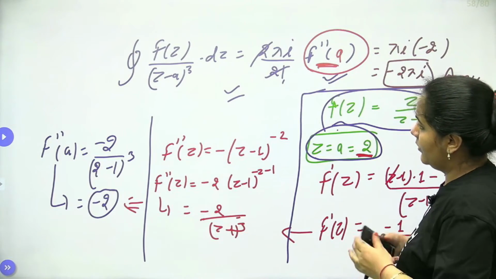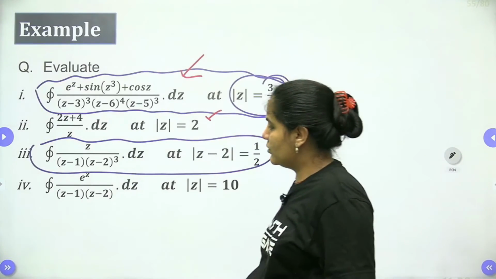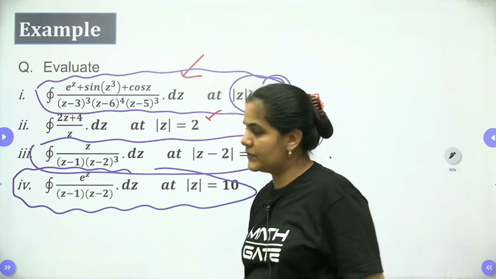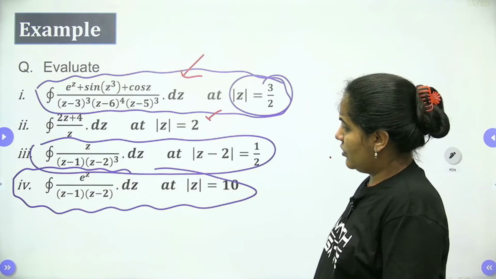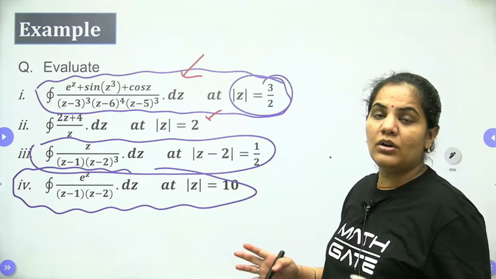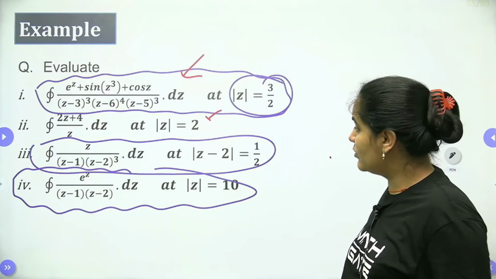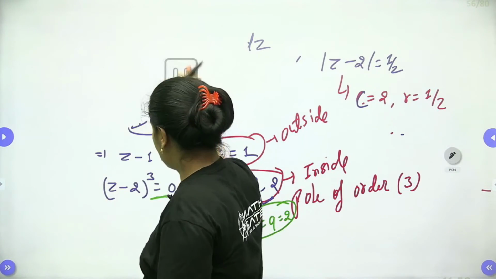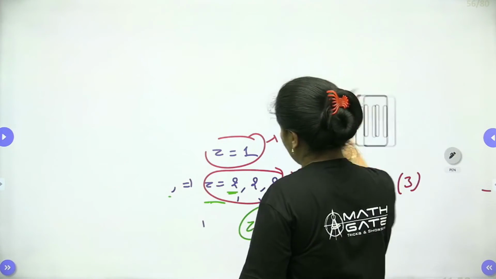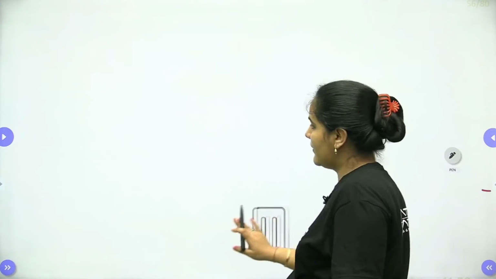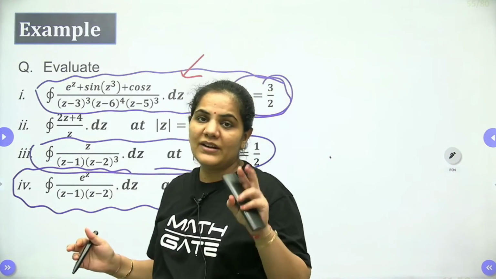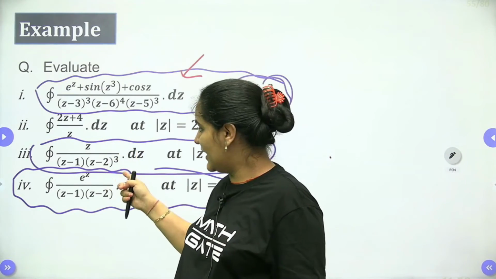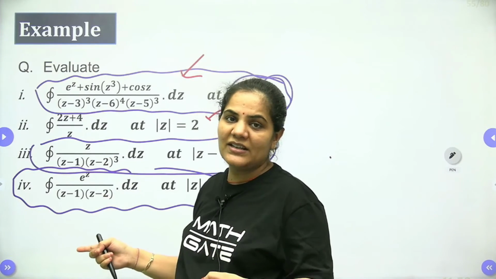Clear, guys? Now let's approach the next question here. How will we approach the next question? When all the given points are inside the closed curve, then how will we approach? Let me show you. So we discussed the first case where none of the given poles is inside the closed curve. We discussed the second one where only one pole is outside the closed curve. We discussed the third case where one pole is inside and the second is outside.